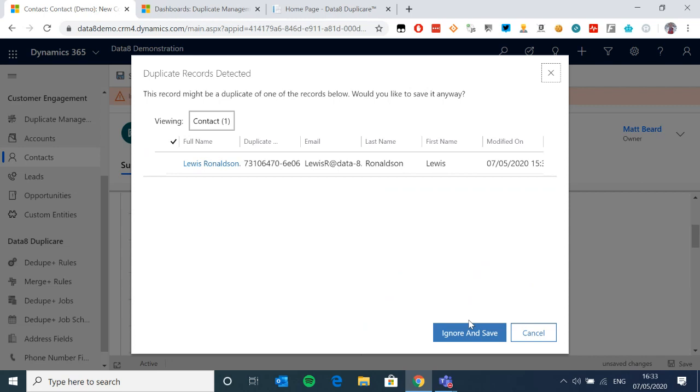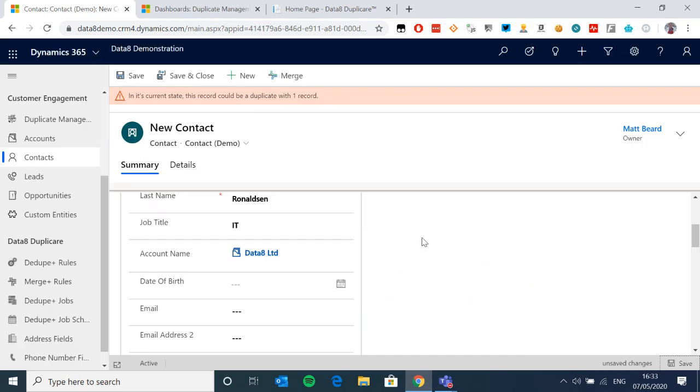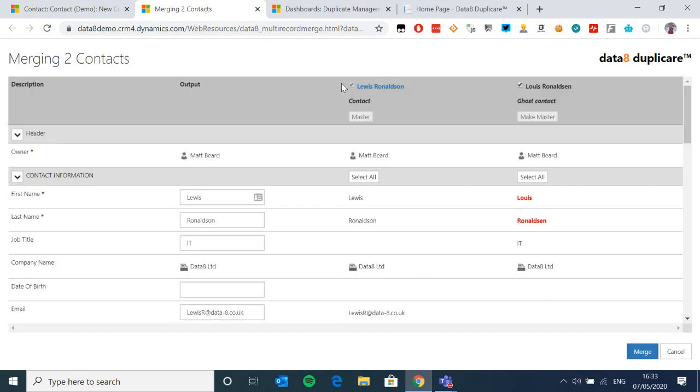And again, having to make data entry happen twice is the thing that can often cause the problems, because life happens and people get distracted, and especially in the current climate, you get jumped on by a 2-year-old child, speaking from experience. So when you've done that, what you can do is hit cancel, and we've now introduced an option 3, which is a merge button. What this does is bring up a new merge window, the same record you've seen before, but now what you can see is this is the contact that existed. This is the record that only exists on my screen right here, right now.